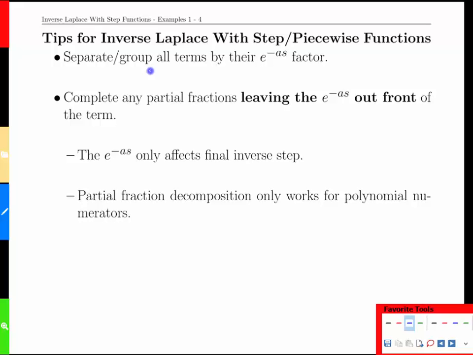It's important to note parts of the process that we went through there. When we're doing the inverse Laplace with step or piecewise functions, what you're going to want to do is group or gather any of the exponentials that have the same power to them with an s in them. Those are the functions that are going to have the same step function, the same on time. The second most important thing and most common mistake students make at this stage is that when they're doing the partial fractions,